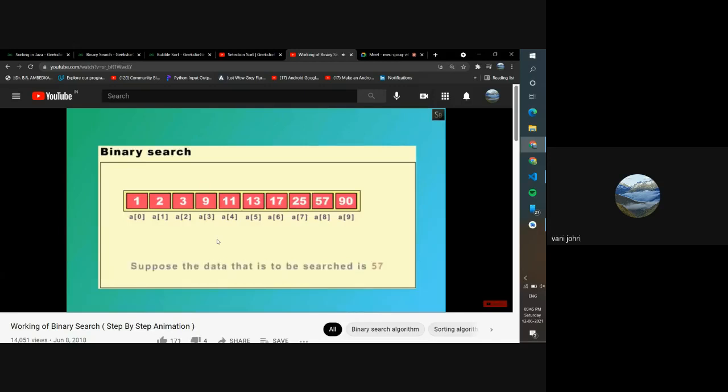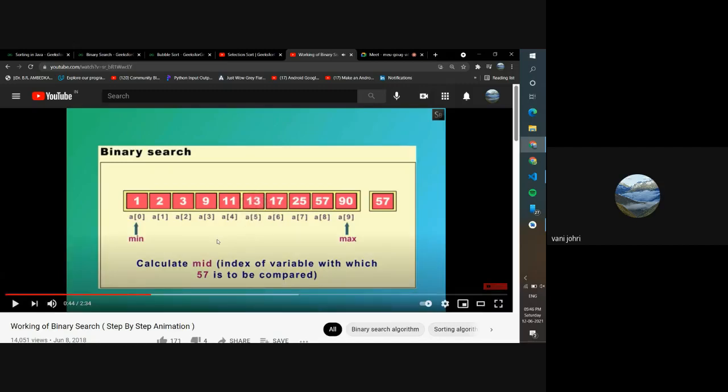Okay, see, it is already sorted, right? And you have to find 57. The minimum number is at the start, the maximum is at the end, right? Calculate the midpoint. How will you calculate the middle point? You take the first index and the last index, add them, and divide by 2. You got the index of the middle point, right?